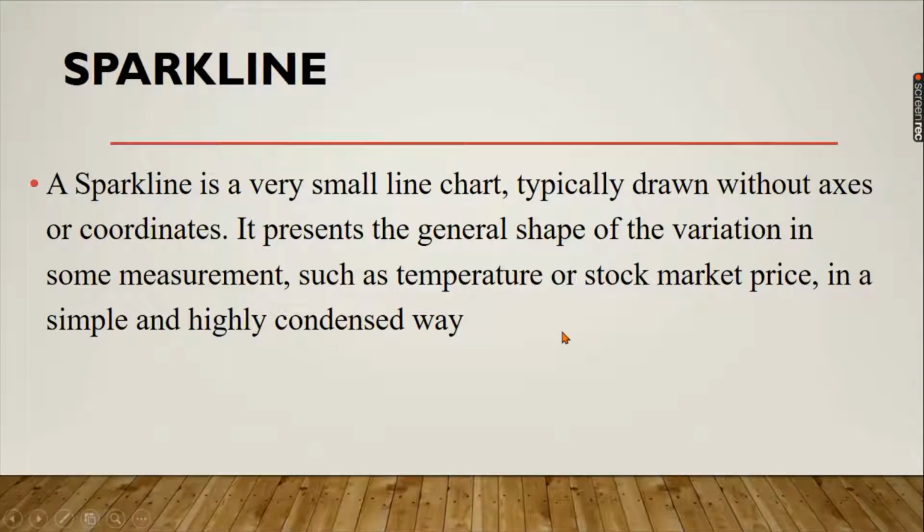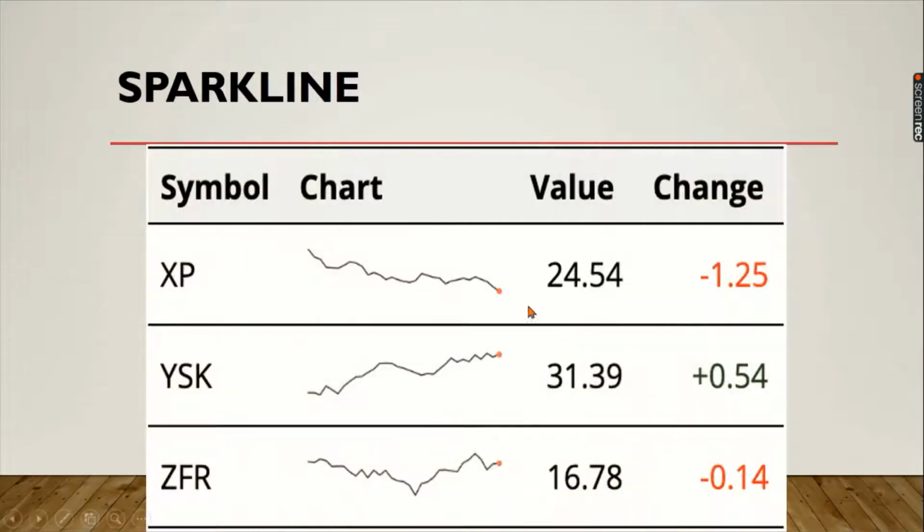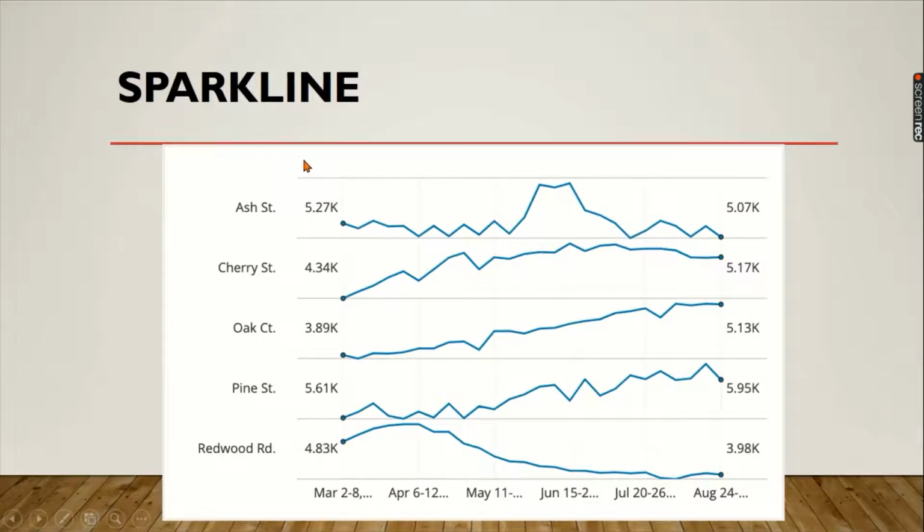So how do sparklines look? Let's see some examples of a sparkline. As we can see, the sparkline chart is showing in different line forms in front of different variations of values. We can see this sparkline chart is showing the trends of different values going up and down. There is another example of a sparkline chart showing the data variations or ratio in a small graphical form. We can see there is up and down showing different trends of data in the sparkline.